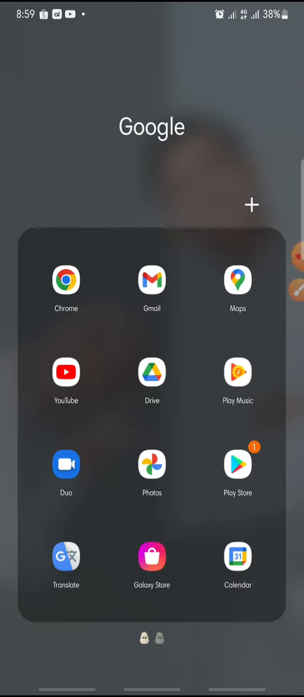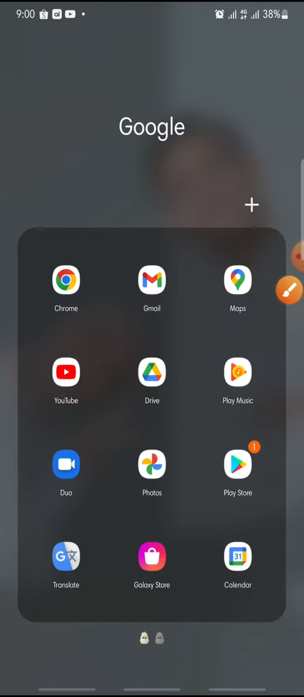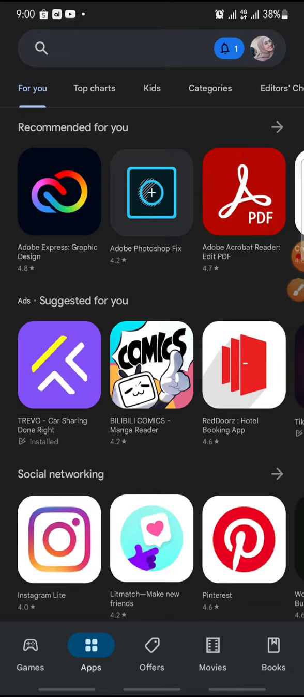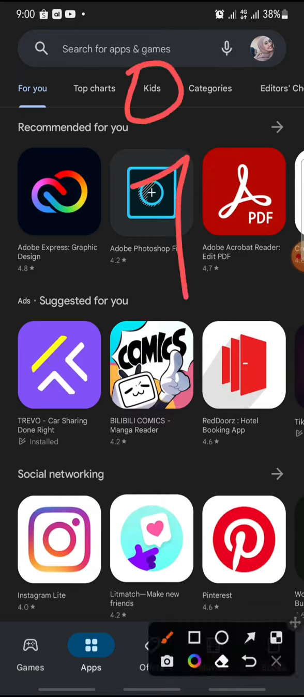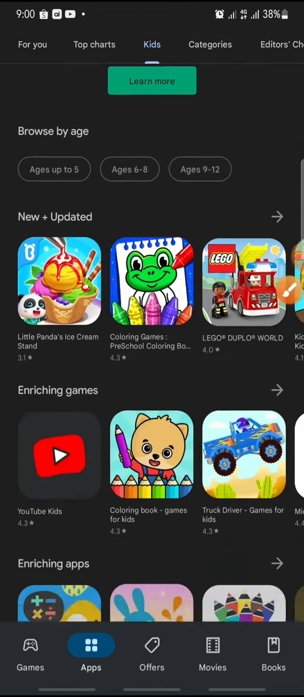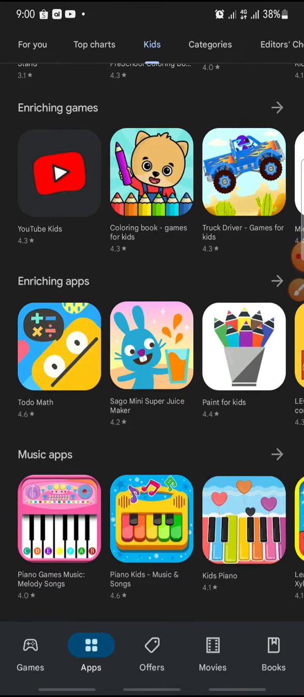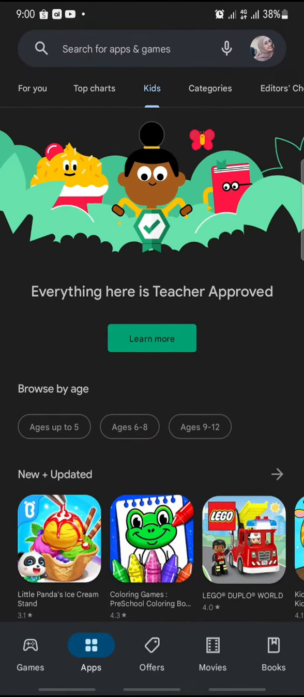In this video, I'm going to show you how to see apps for kids on Google Play Store. Now let's get started. First, open your Google Play Store, and then in here at the menu you can click on the kids at the top. Click on it, and then in here you can see many apps for kids, and in here you can browse